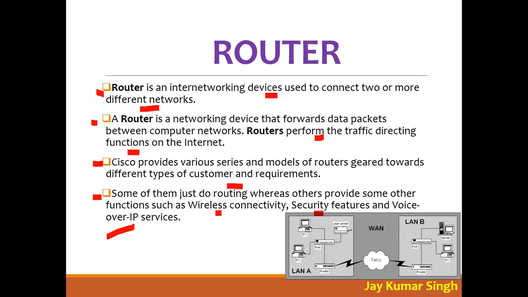So you can see here I have different LANs, LAN A and LAN B. They are communicating with the help of a WAN, but here you can see I have a router here, right, and here also a router. So this is my LAN connected with the router. Here I have another LAN connected with the router, and they are communicating. So without a router it is impossible to create communication between two different networks.